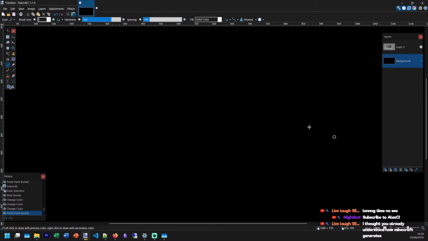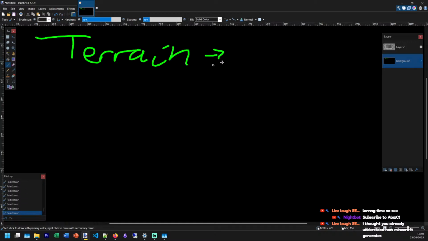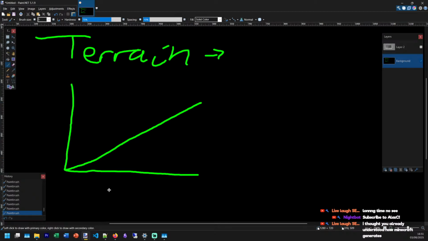So, the terrain itself is... So if we picture essentially a noise map. So let's say that's continentalness.